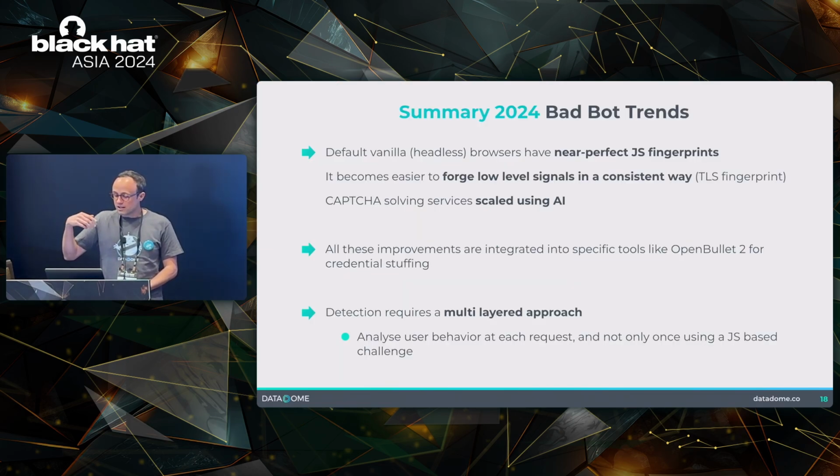So, in summary, attackers have perfect fingerprints, particularly JavaScript fingerprints, because Headless Chrome made it easy, for example, but in general, you have a lot of open source frameworks that make it easy to lie about your fingerprint. Browser fingerprint, TLS fingerprint, all of these things can be easily spoofed today using open source tools. Bots can also easily solve traditional CAPTCHA using CAPTCHA farms, because these CAPTCHA farms scaled using AI image recognition or audio recognition techniques. All of these improvements are integrated into specific tools like OpenBullet 2, for example, to conduct